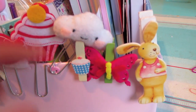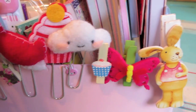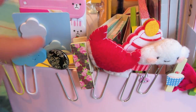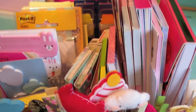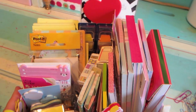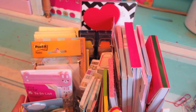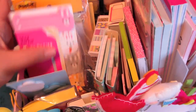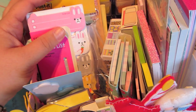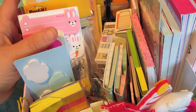So these are some of the nice page markers or paper clips and things I've acquired. Again, either I've bought myself or I've been given them as gifts, so I'm just keeping some along there. And then in here is where I keep my little memos and sticky notes. So I shall delve in and show you some. This isn't all of them. I do have some others downstairs,